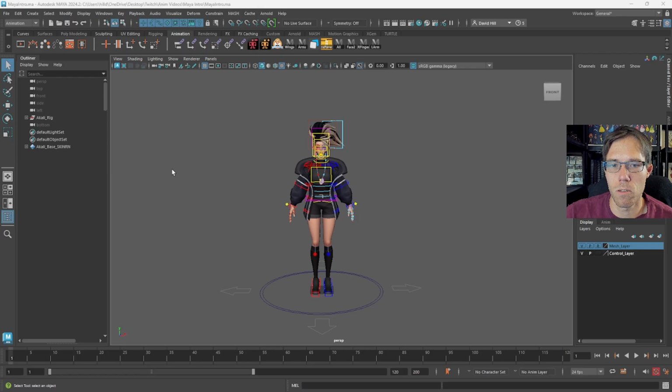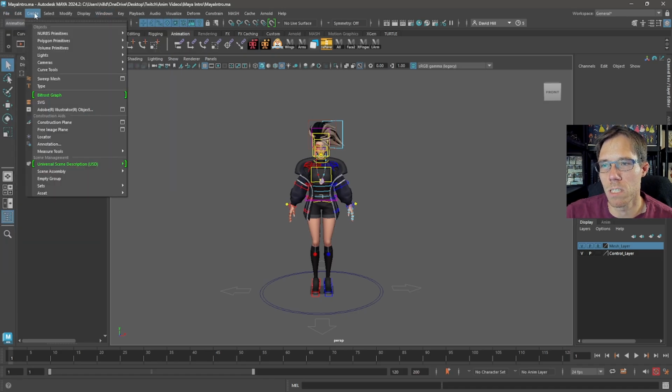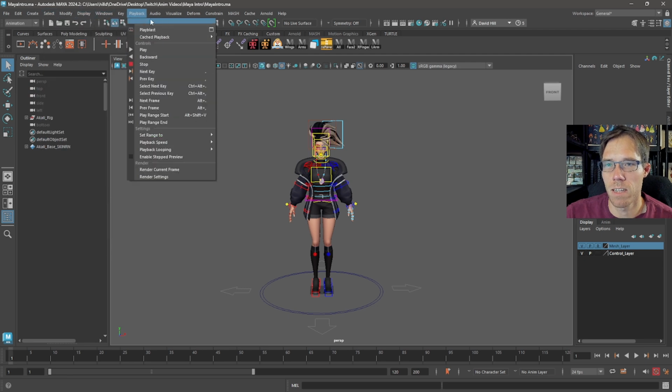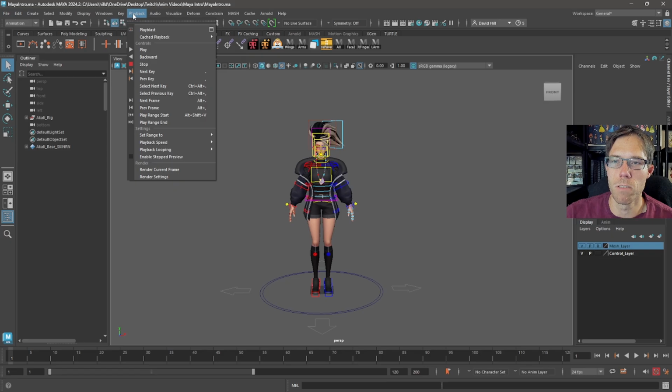So first off, I'm going to go over the different areas of the UI that you can see here. Up top here, you've got a bunch of drop-down menus, much like you'll see in basically any software, things like file, edit, properties, windows, things like that. And when you're animating, you usually don't need to know what's inside of most of these, except for mainly probably file, edit. You'll go to windows sometimes. You might want to create something, and then you'll need your constrain tools here. You can use more of these when you get into advanced animation, but for just basic animation in Maya, you